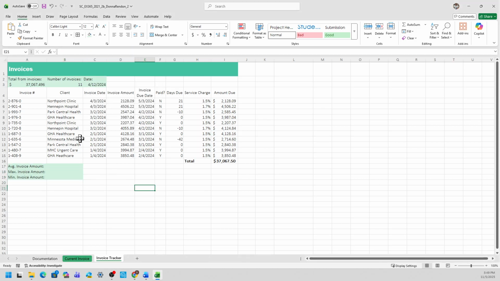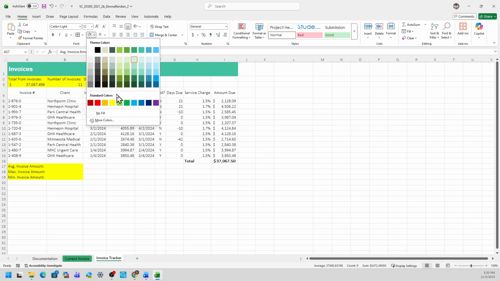You can also do this at the same time by highlighting the A2 to C3, press your control key on your keyboard and also highlight A17 to B19 and then press the theme colors, okay, the fill color, and then it's here.